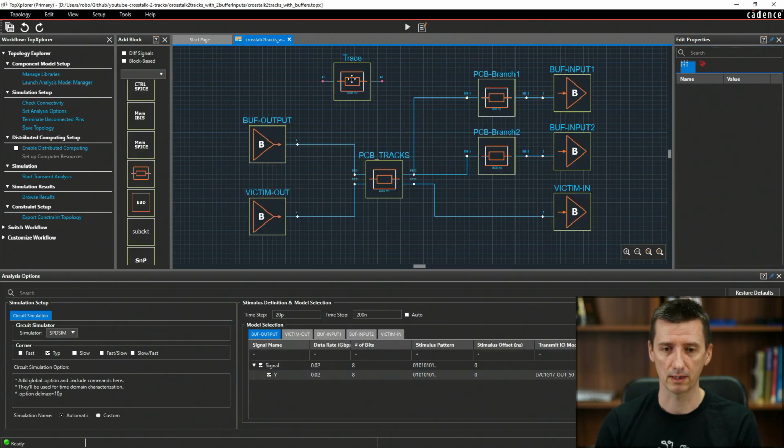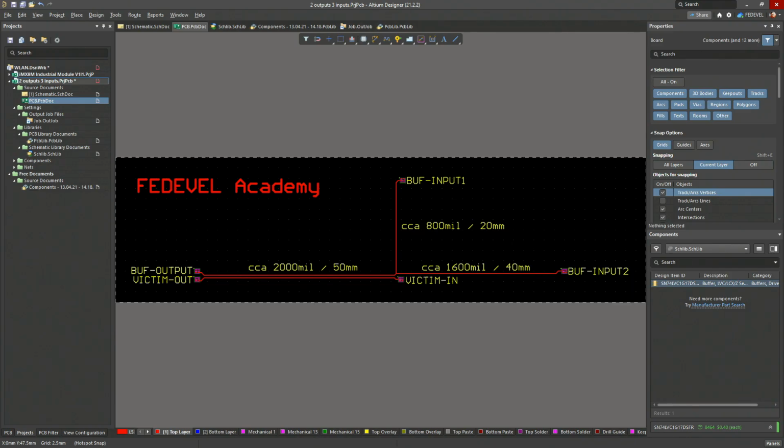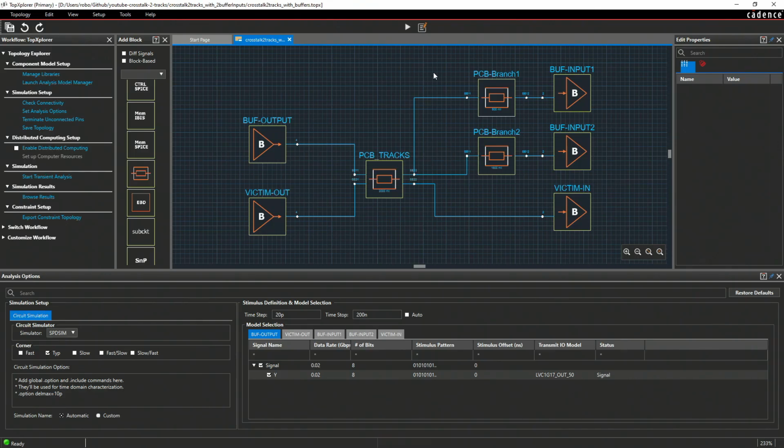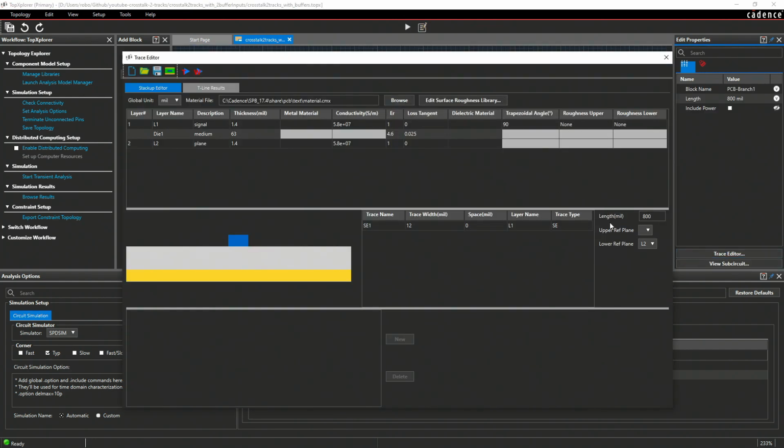I'm going to delete this, and we can have a closer look at what I set up here. Let's go back to our PCB, and we are going to check this branch. The length is 800 mils. It is the branch between input 1 buffer and this place where the track splits. So in our simulation, it is basically this element or this block. When we have a look at the properties, you can see the length is 800 mils.